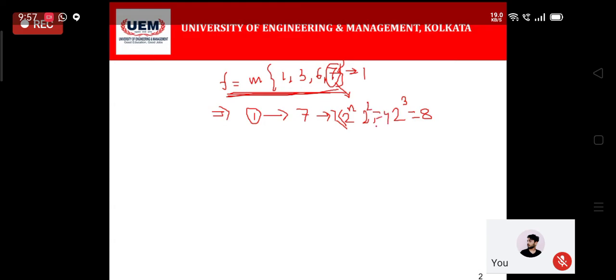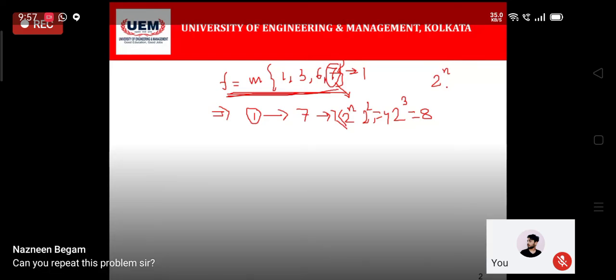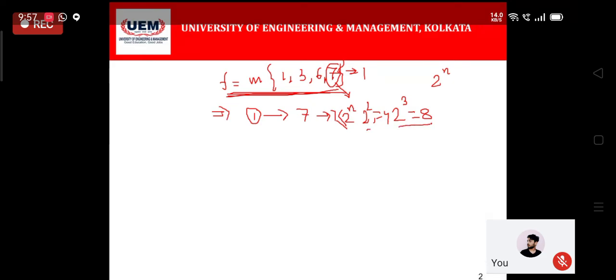If we think in the multiplexer way, with 2 to the power n inputs, 2 to the power 2 means 4 and 2 to the power 3 means 8. What we can see from this equation is that its maximum value is 7, and the next value of 2 to the power n becomes 8. That means it's a 3 variable function. Up to 7 we can accommodate by using a 3 variable function.